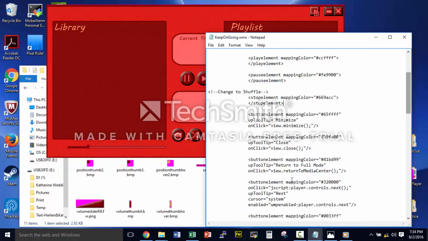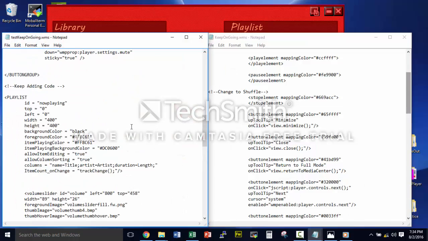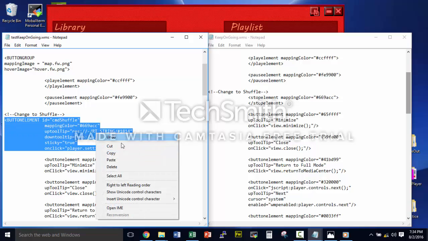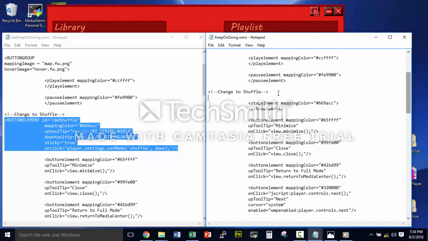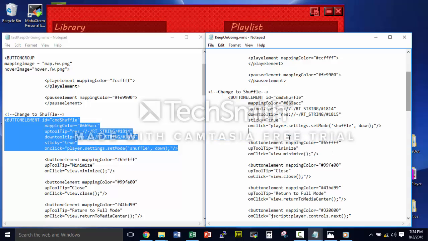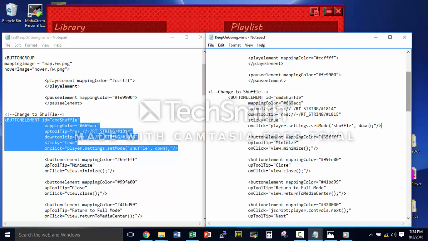And we are going to change this into our repeat button. And so what I'm going to do is copy and paste the shuffle from our other player, put it in here, and then get rid of the stop element. And you notice the mapping color is the same, so we don't have to change anything else, just telling it what that mapping color is supposed to do. And then Control Save,